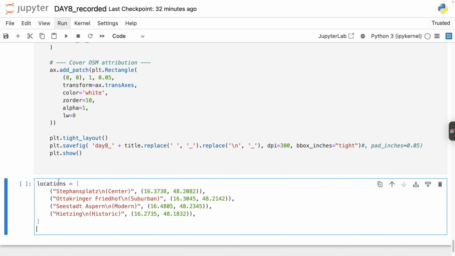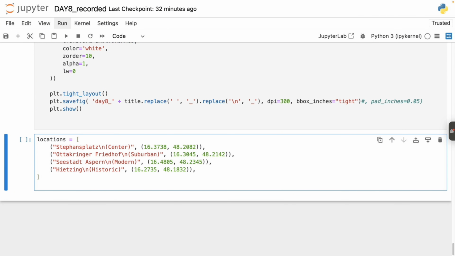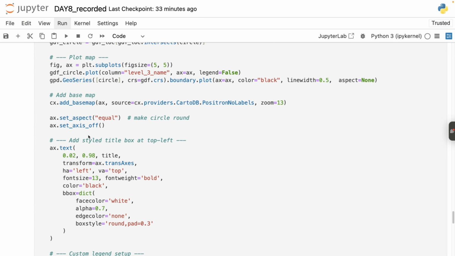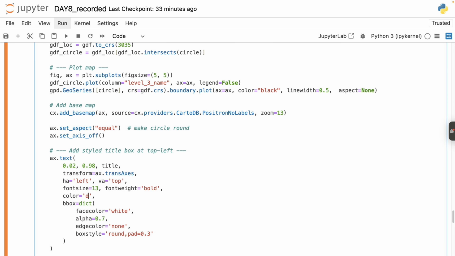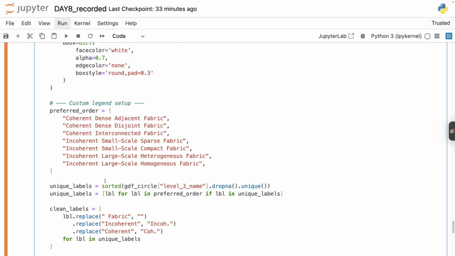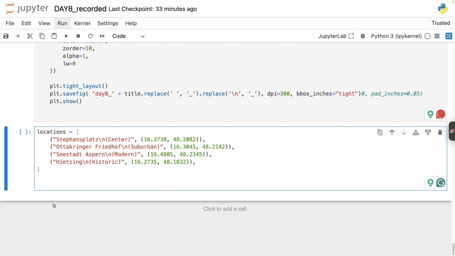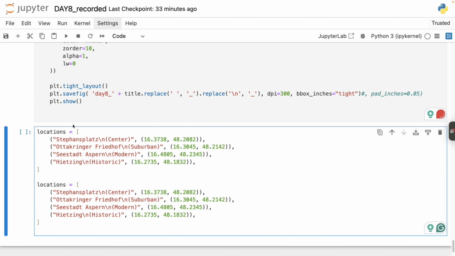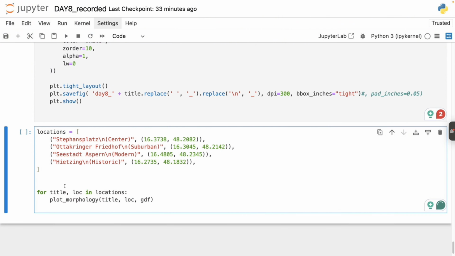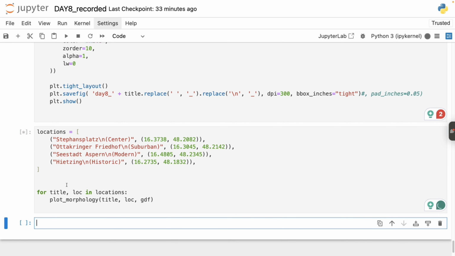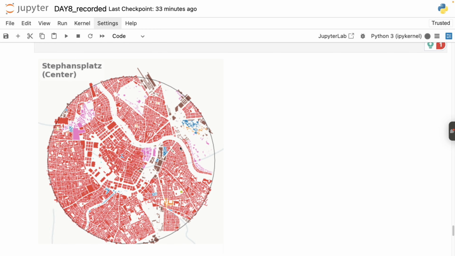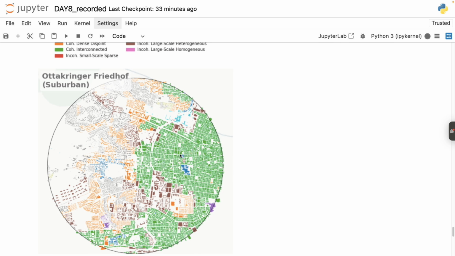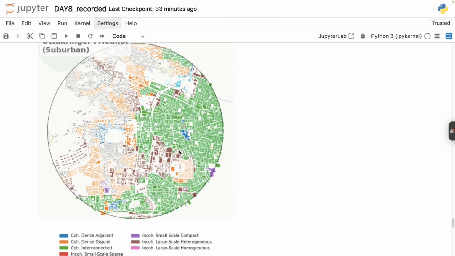And then a few locations. Make sure I set the title color to be dim gray. And then simply running a loop which iterates over these locations and creates a visualization for each of them and exports the images. The center we just show, then a suburban part. Here you see that the coherent interconnected part, which is probably a series of